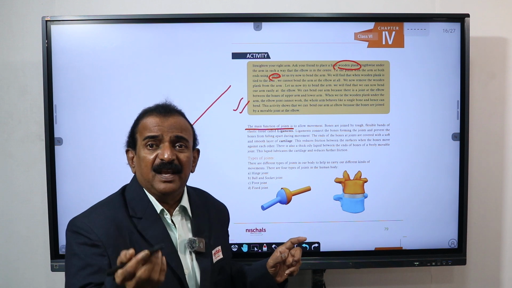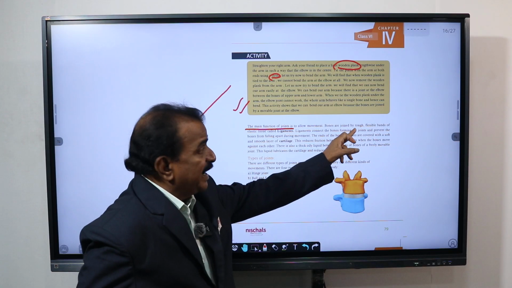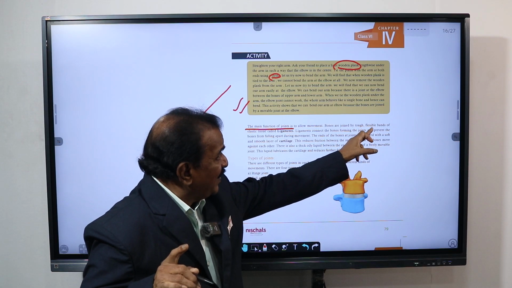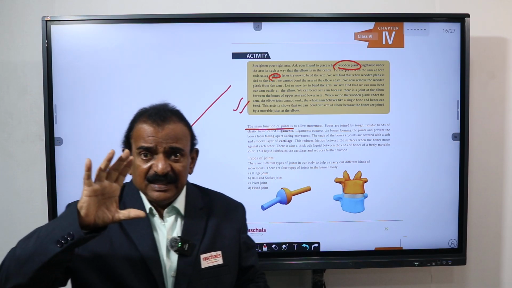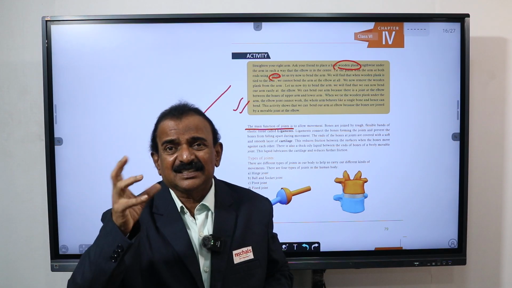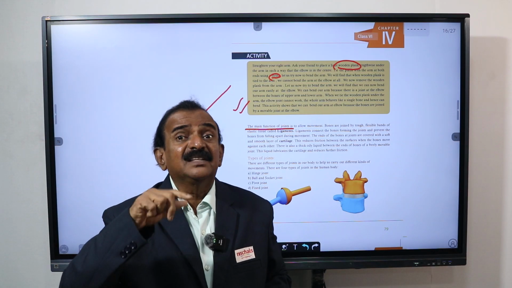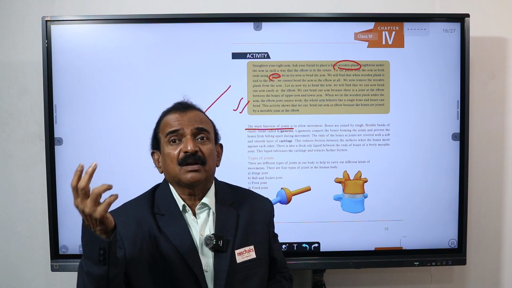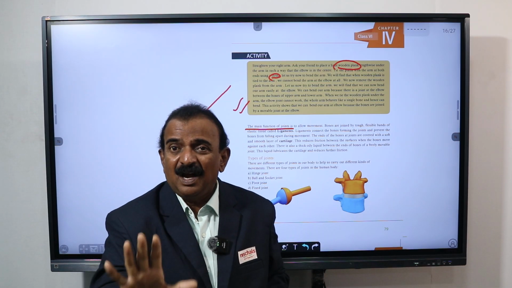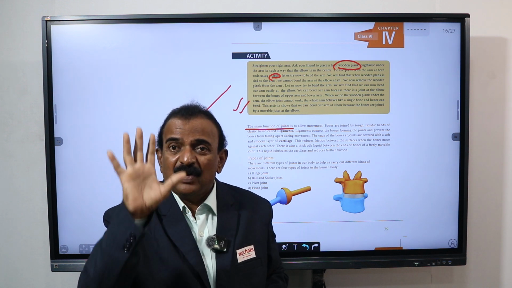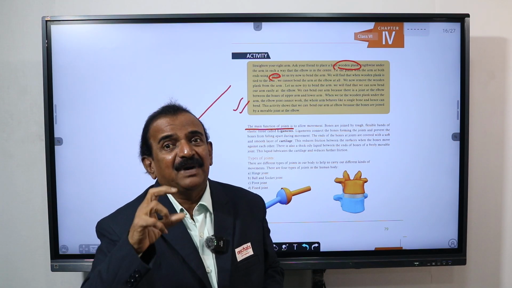So a joint is a place where two bones are joined, and here the bones are joined by tough and flexible bands of elastic tissue, which we already discussed. There are these structures in our skeleton system: first one is tendon, second one is ligament, third one is cartilage, and fourth one is bone. Bones are hard structures, and bones form joints, and here the bones are connected by means of